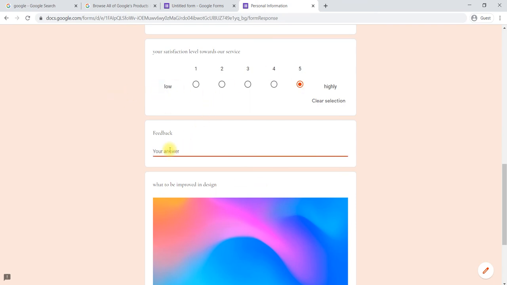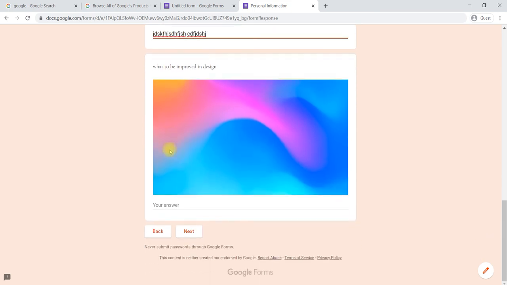He can write feedback related to the product. And here we have an image question. For that also he can write an answer about what should be improved in the design.